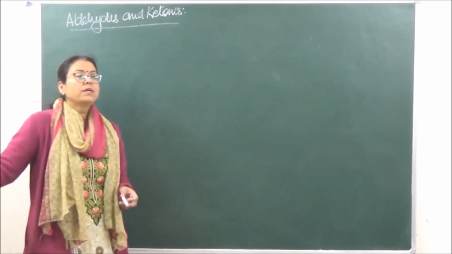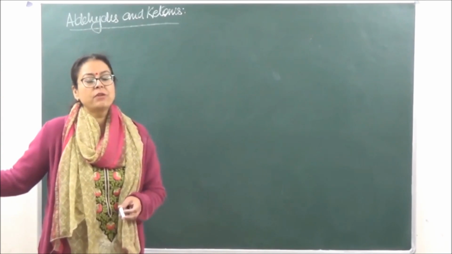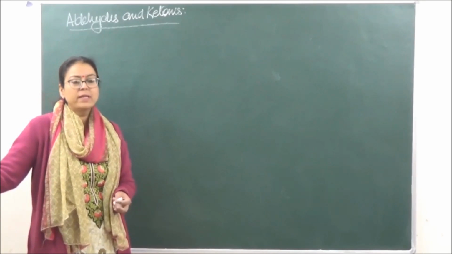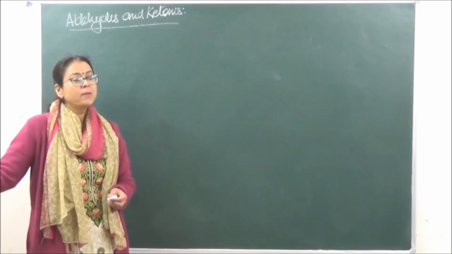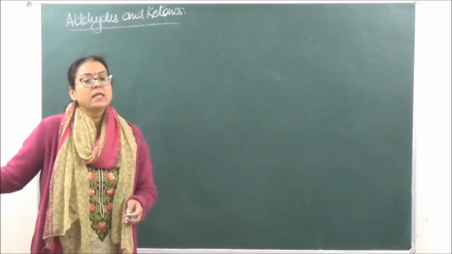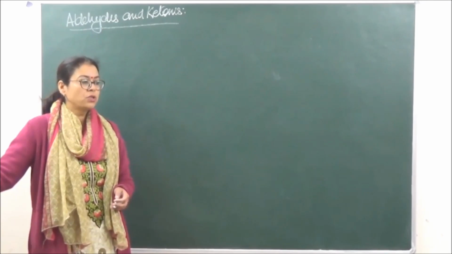हम लोगों ने हेलोल्केन्स और हेलोलीन्स करा, फिर हमने अल्कोहल्स और फिनोल्स करे, और हमने बोला कि अल्कोहल्स और ईथर्स जो है they are going to be functional isomers. We come to another category of compounds जो कि functional isomers की तरह behave करते हैं. They are going to be aldehydes and ketones, right?